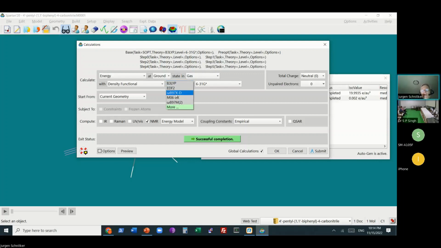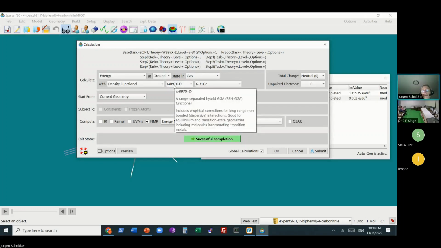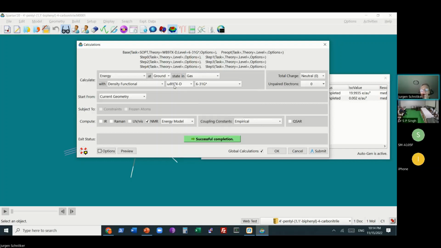Actually, it will default to this. Omega B97X-D, it's a mouthful, is the next generation after B3LYP. It's better, but it's also a factor of 2 to 3 more expensive. Because computers get faster, we now made it the default. If you want a little more speed and still good, B3LYP is the way to go.